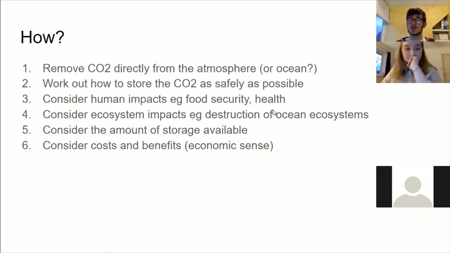So yeah, tree planting is often one of the really prominently given examples of ways we can remove CO2 from the atmosphere. And I'm actually going to dedicate an entire webinar to nature-based solutions later on, and we will go into that in more detail. But there's far, far more than trees, and trees alone are not enough.